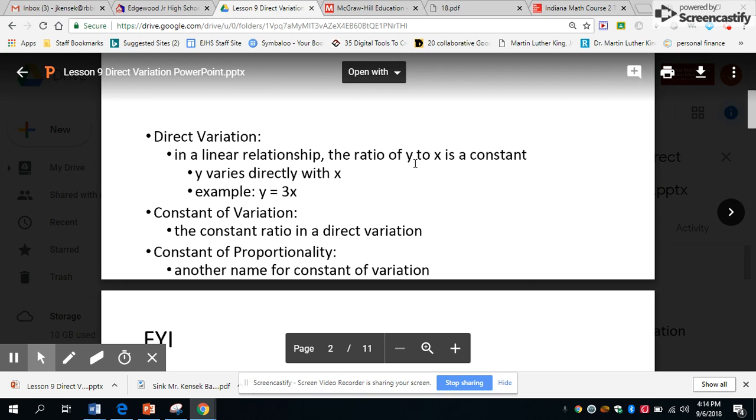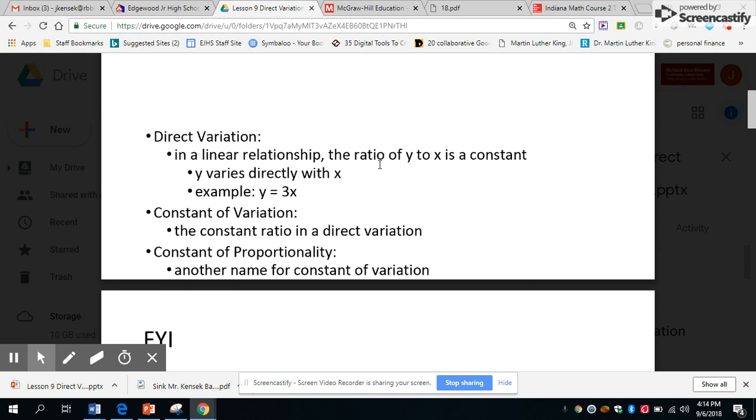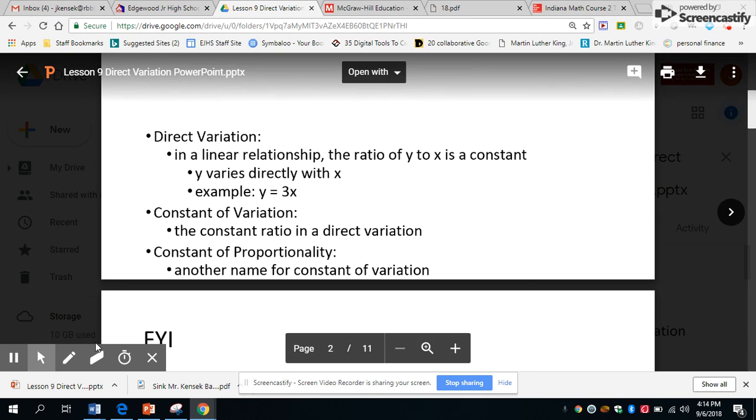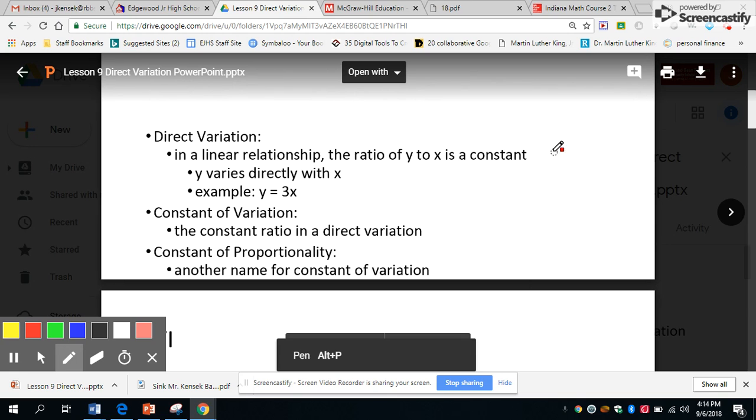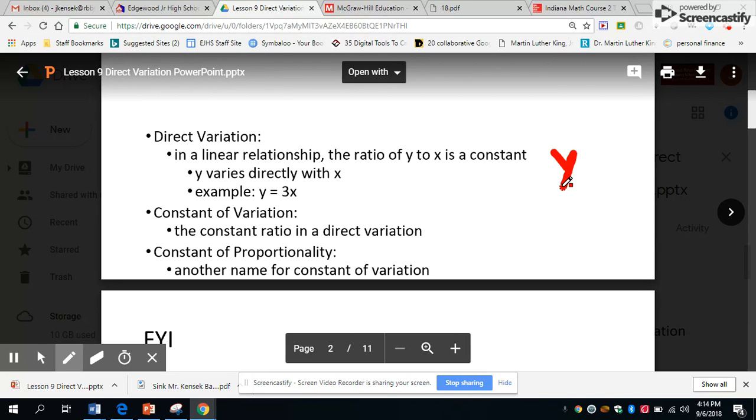But one of the big points I want you to realize here is that a direct variation is a ratio of y to x. So written as a fraction, I would write this always as y over x. And that will be important when we get to the assignment. So remember that y over x, and these are just two values. I used a lot of examples in class of